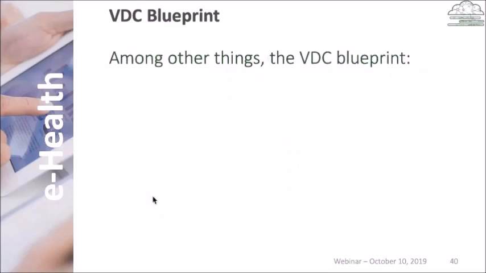So, which are the characteristics that are present in a VDC blueprint? Well, among other aspects, one of the most crucial pieces of information contained in the blueprint is the definition of the data sources. In our case, we have relational and non-relational data sources. For instance, we use a relational data source for the demographics of the patients, but we use an object storage for storing the exams, for instance, blood tests. So we have to specify exactly the nature of the data sources in the VDC blueprint.